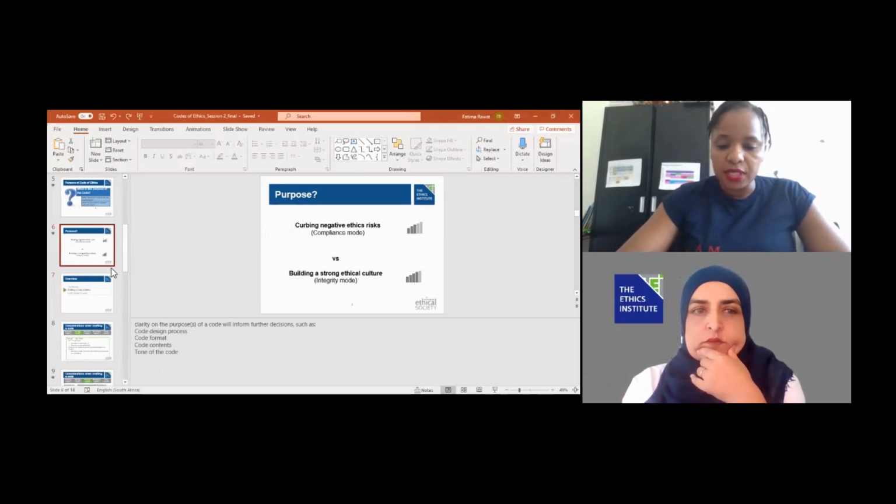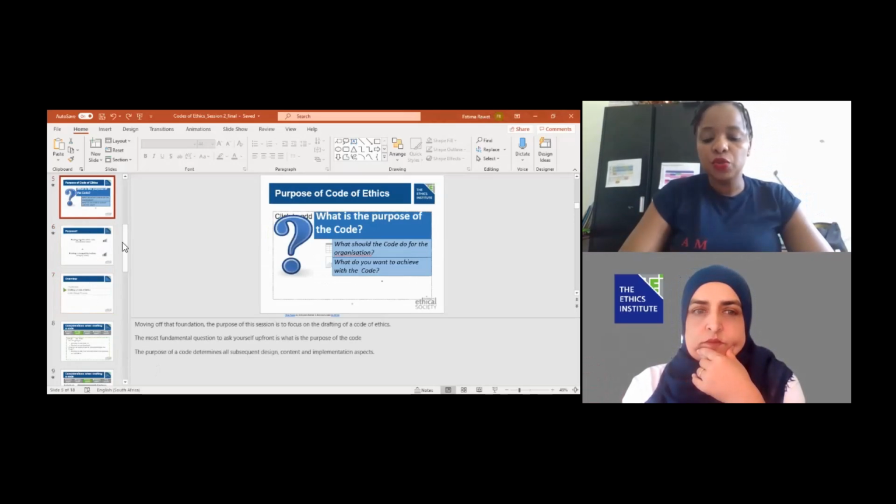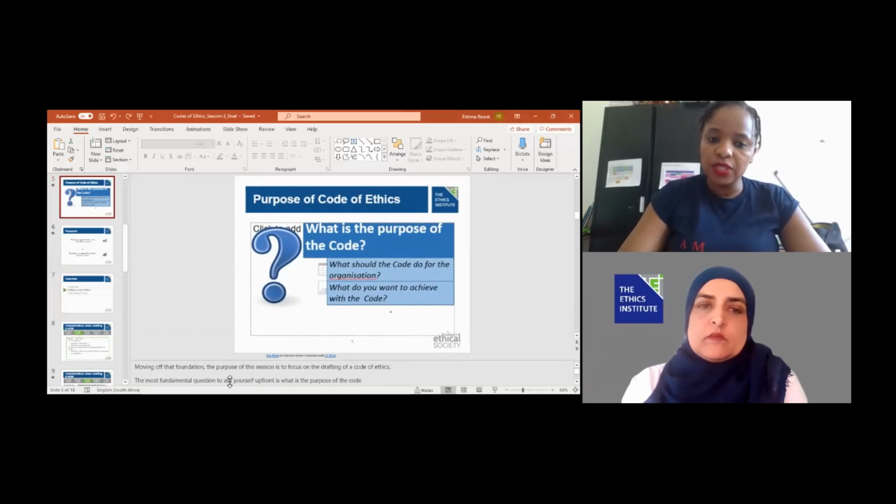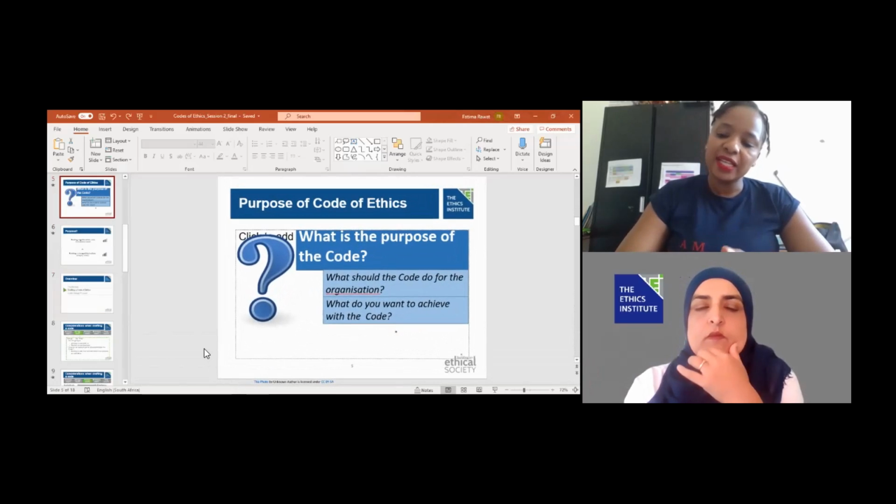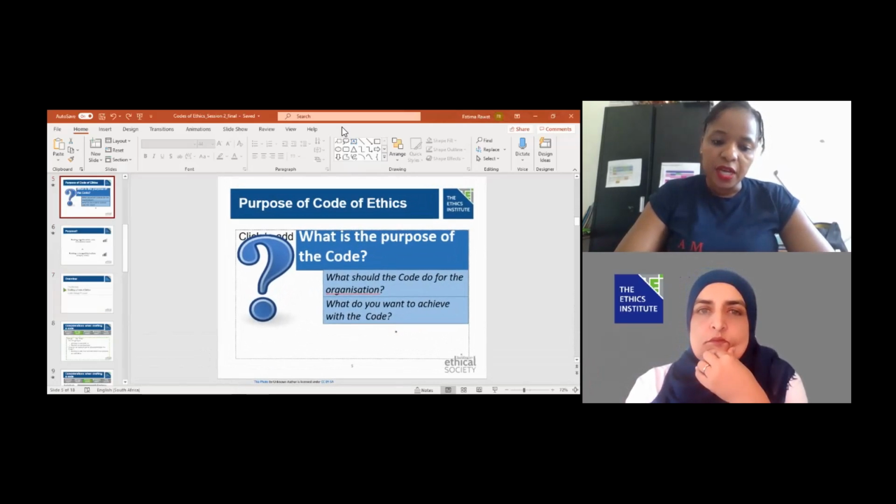That also is very important to have in mind when you're deciding exactly what approach you're going to have. Fatima well said that if you want to build a culture, you need to be inspiring. So you're not going to have a lot of rules, you're going to have more values, because your objective is actually to inspire a change, transform the culture.